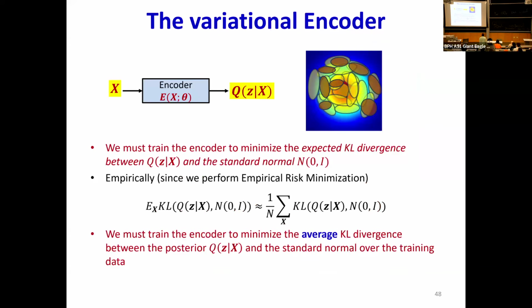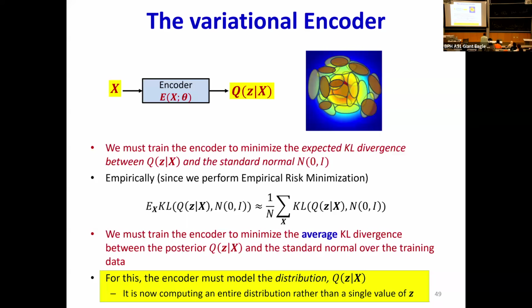That I can just take this as the expectation over x. That's what the math tells us. We as engineers know that an expectation can always be computed as an average over samples, right? So it's the average over all training data of the KL divergence between the approximated posterior probability of z given x and the standard Gaussian. That's the math, right? And this is what we're going to try to minimize.